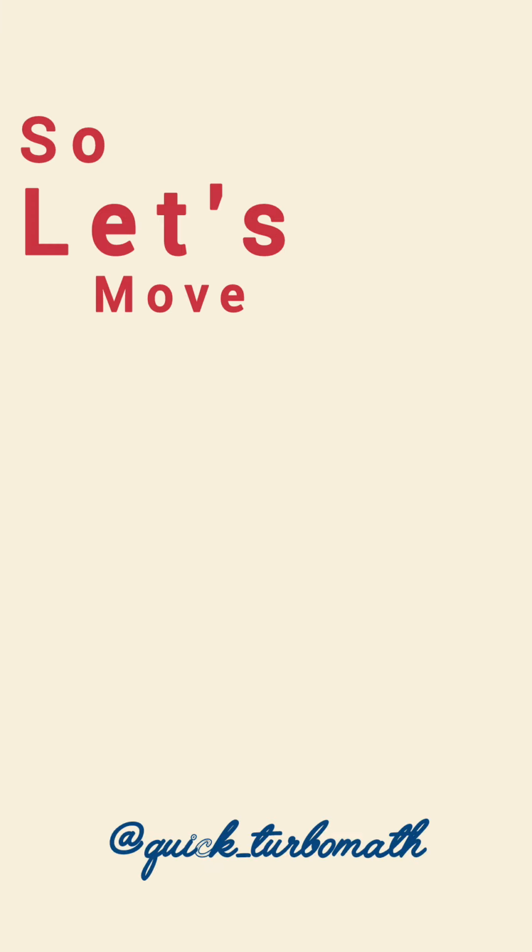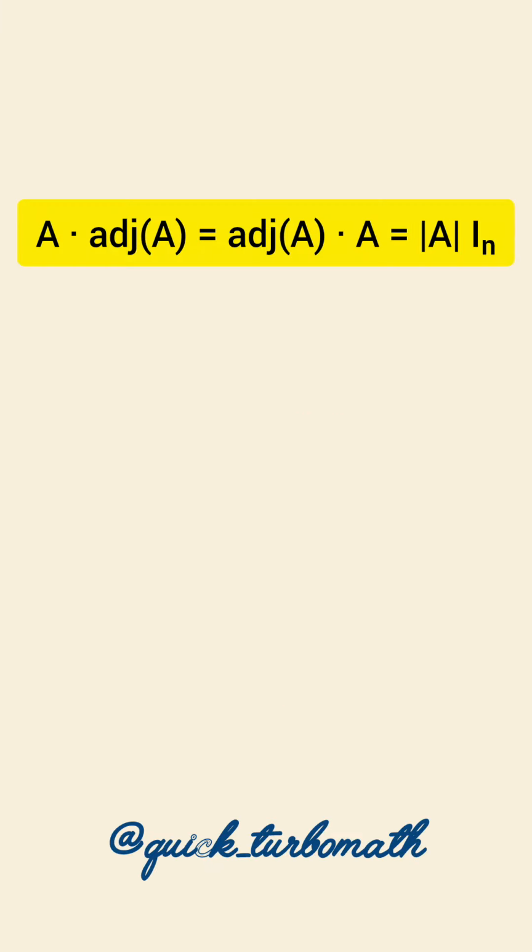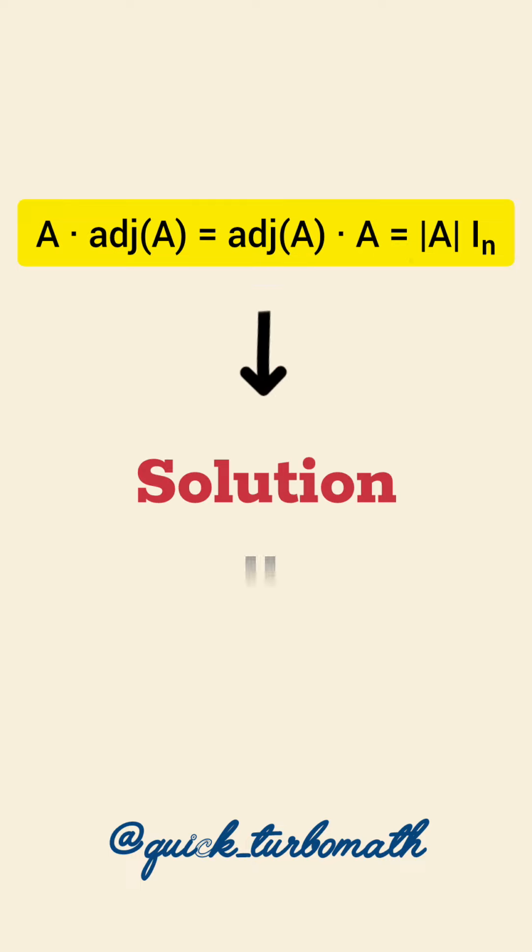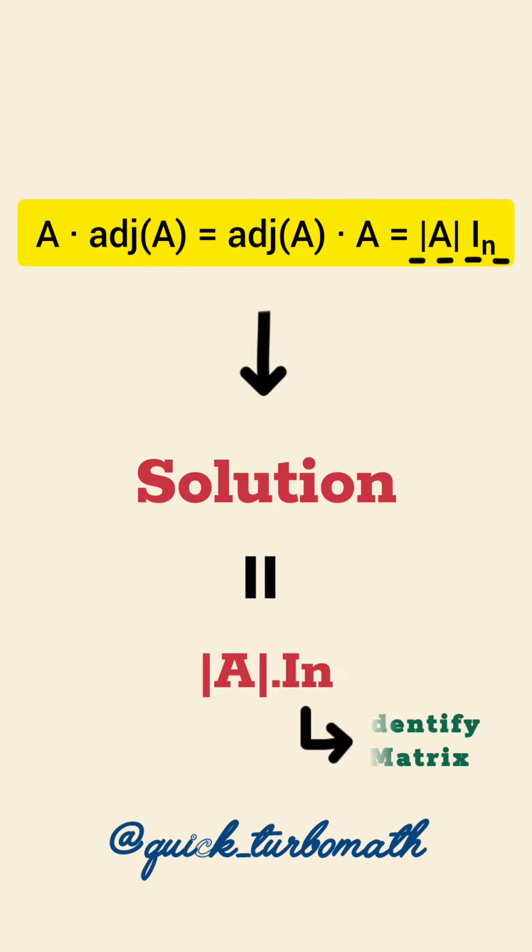So let's move towards our next short trick. That is nothing but if we have any matrix A and we have to multiply it with its adjoint, so A into adjoint of A, or either adjoint of A into A, we have the simple solution for this, that is determinant of A into In. This In is nothing but the identity matrix, and n is nothing but the 2 by 2 matrix or 3